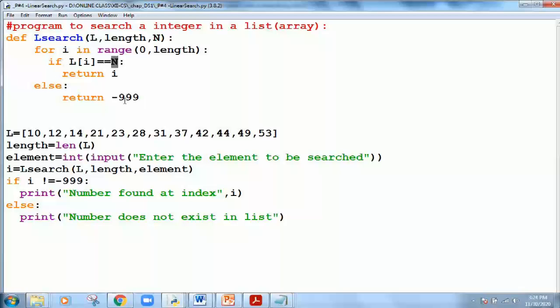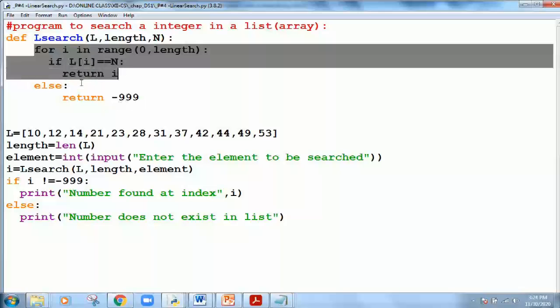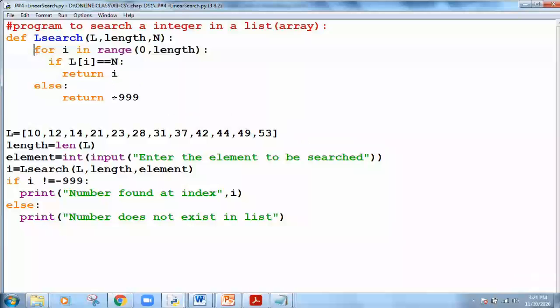Li means L0 is compared with the element to be searched. If the element is found, it will return the element. If the element is not found, it will return -9. Now first this loop will try to search the element, and if the element is found, it will return that element. Otherwise, finally when the entire array or list is scanned and the element is not found, it will return